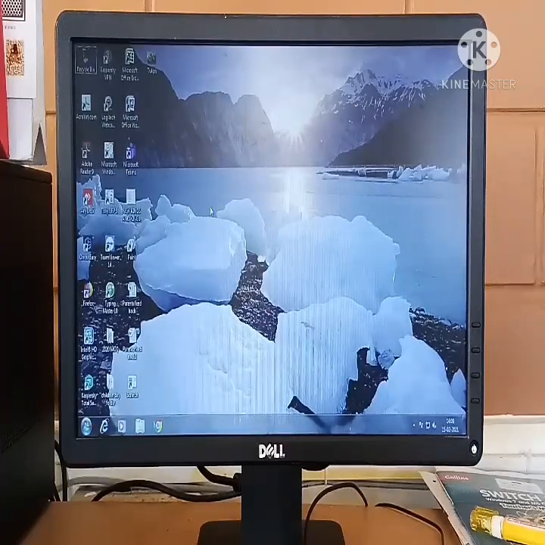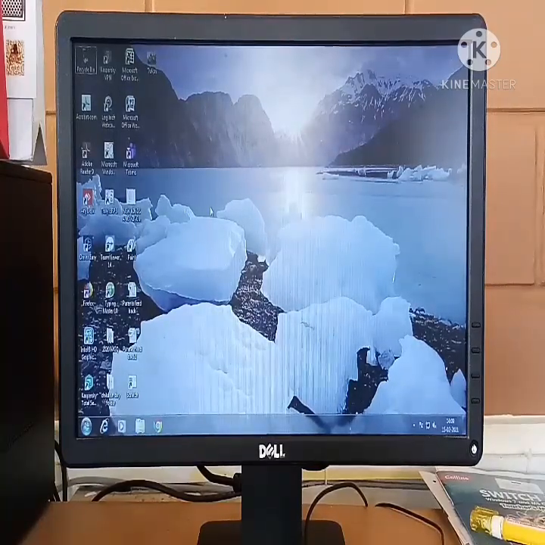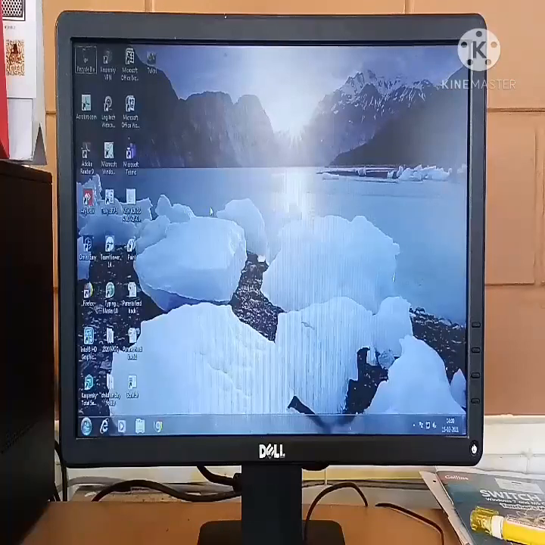As we know, the lesson name is Files and Folders in Windows 7, our work is to learn how to create the folder, how to place the file inside the folder and open the file, rename the file, and delete the file. All this we will learn now.